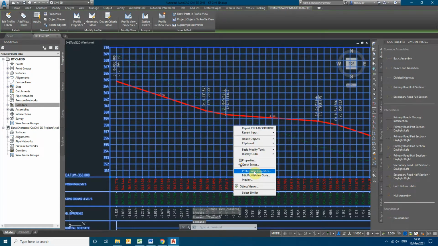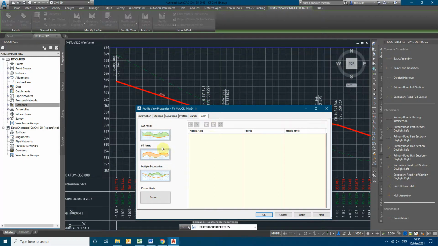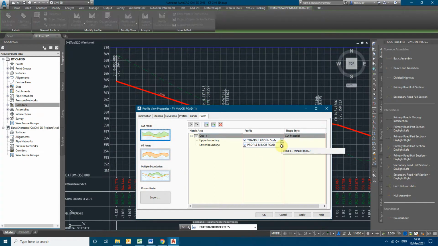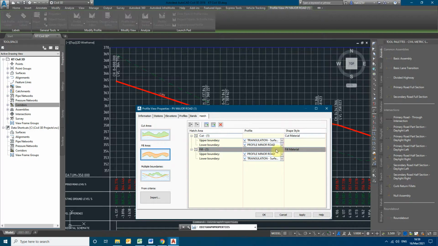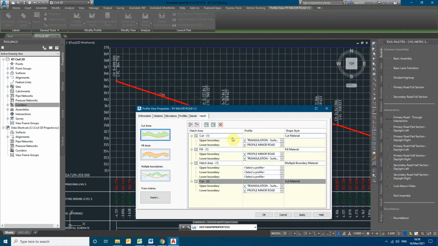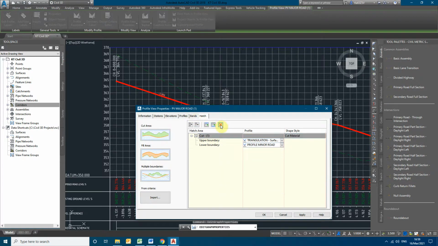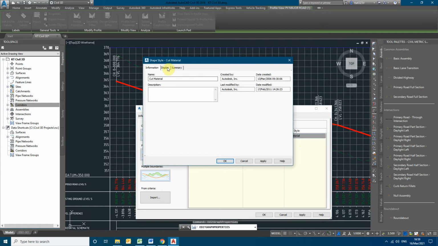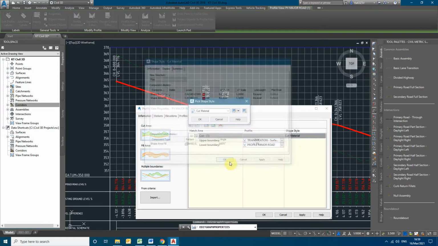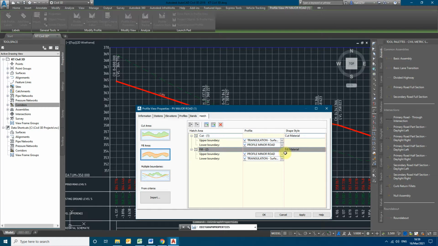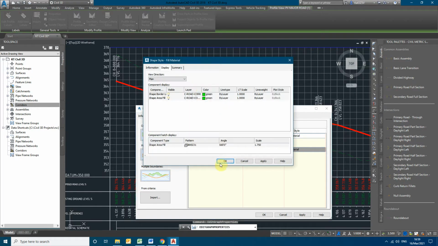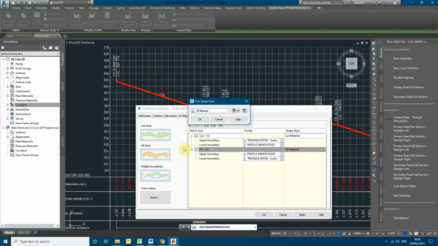Even in this assembly, we can show the styles. Cut area and fill area styles you can show. So we are giving green color for the fill area in the profile itself.